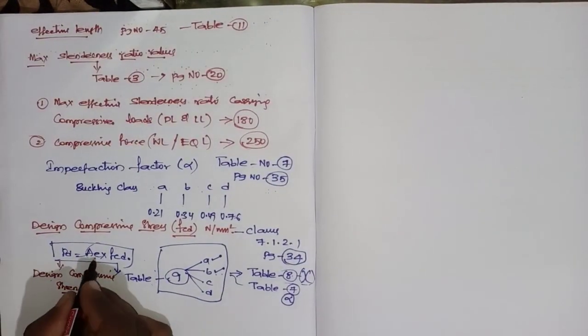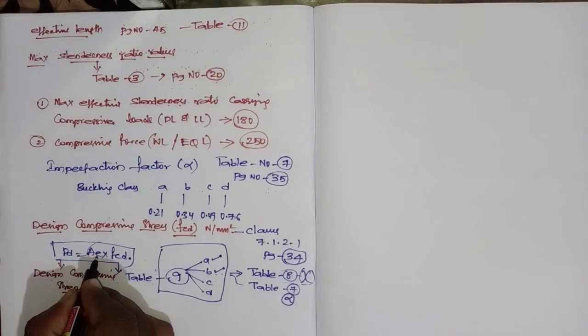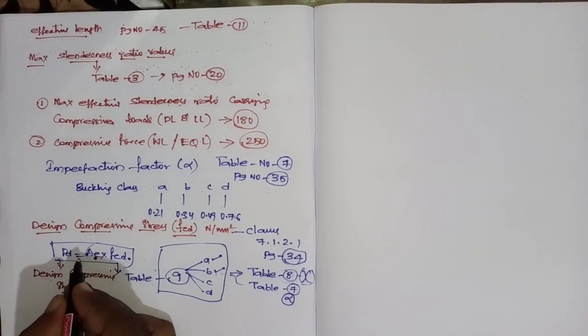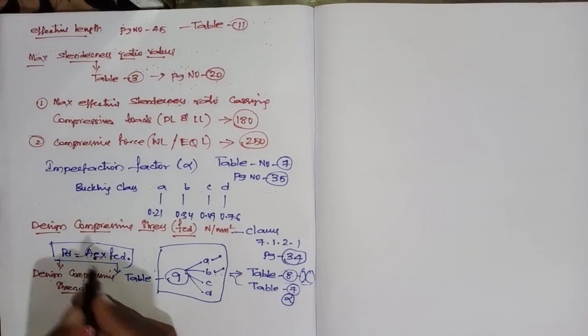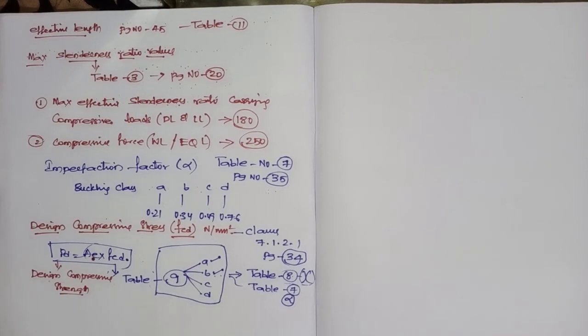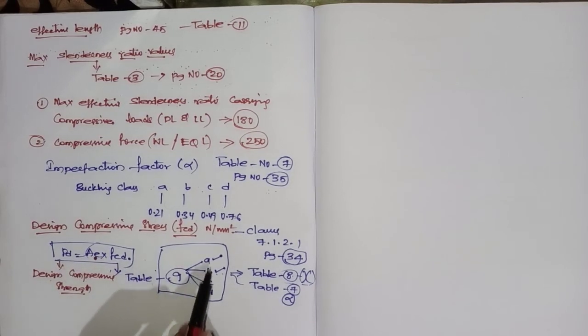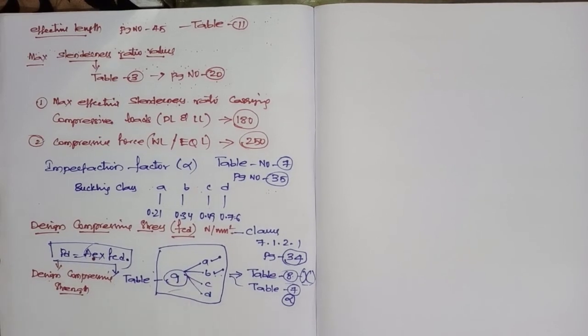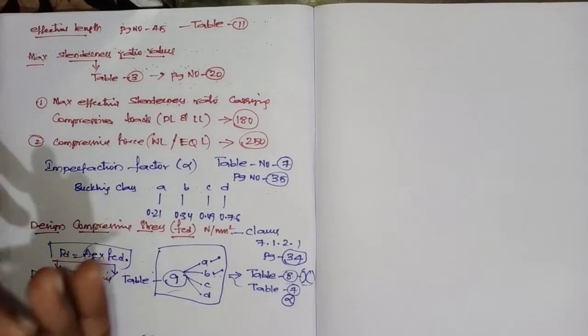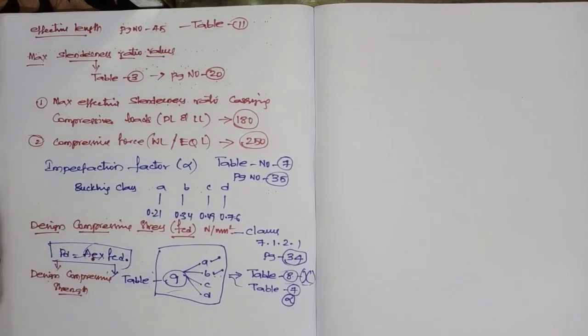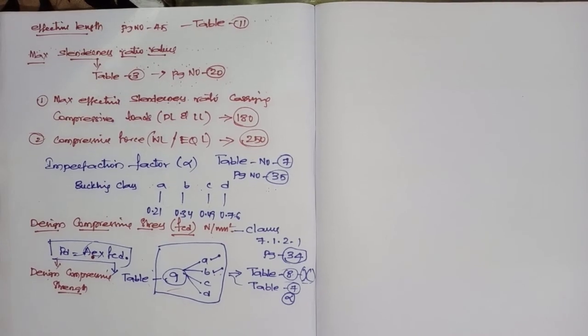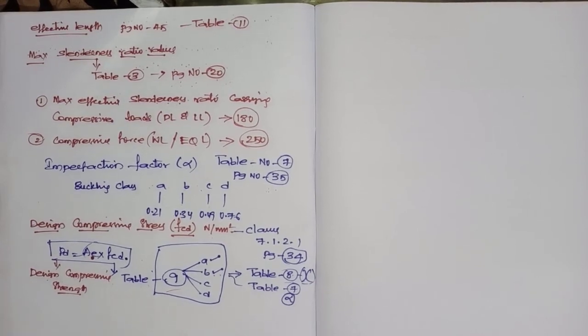Now, what is this Ae? The effective sectional area. Where can you obtain this? You can obtain this value from steel tables. We discussed the SP6 charts, right? Next, the Fcd value, as I said, based upon the conditions you can obtain from table number 9. No need to worry. While solving the problems, it is very easy to understand. Next, we'll see some of the factors affecting the strength of a compression member.